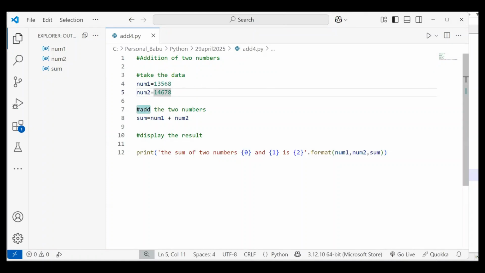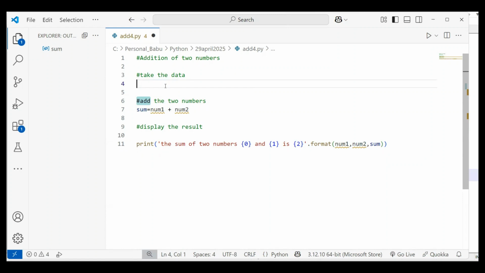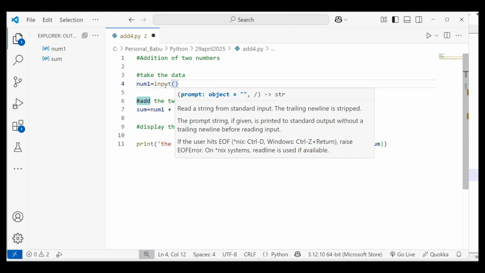Here we have taken the data directly into the variable. Instead, we will try to take the user input by using input function. So for that reason, we'll comment out this code instructions by using hash. This will be ignored. Otherwise, we'll remove the data, this one. Then we'll take the values from the user by using input statement, input function, input,